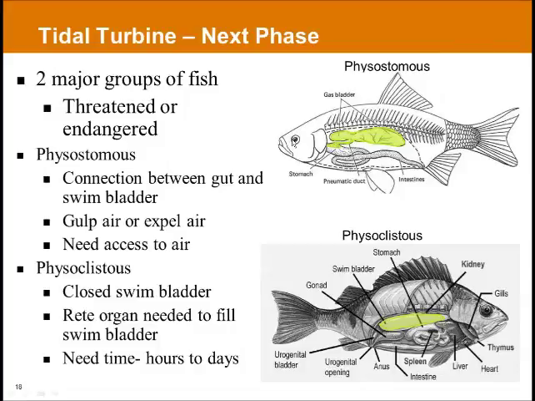And the belief behind the physoclistous fish is that because they don't have the ability to release the pressure out of their swim bladder when they're, say, being impinged upon by a sound that might be putting too much pressure on their swim bladder, these fish may be more susceptible to injuries and more sensitive. And that has been shown in some of the rapid decompression studies by my colleague Tom Carlson. And that is all I have for today. We can go ahead to the last slide.